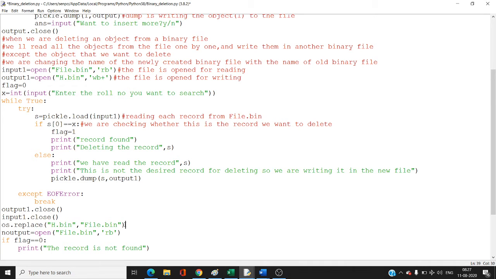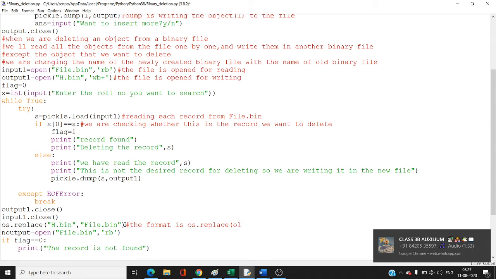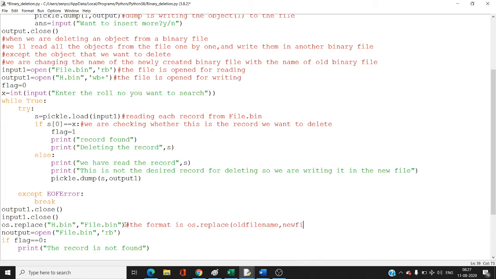So let me write the format. The format is os.replace, old file name, new file name.